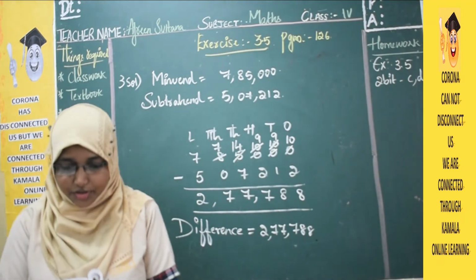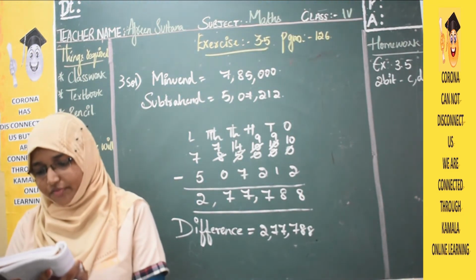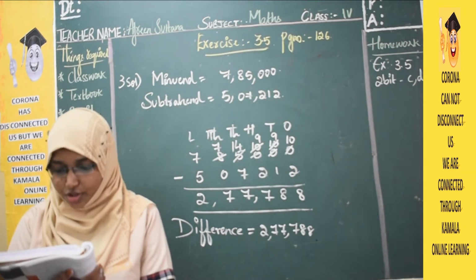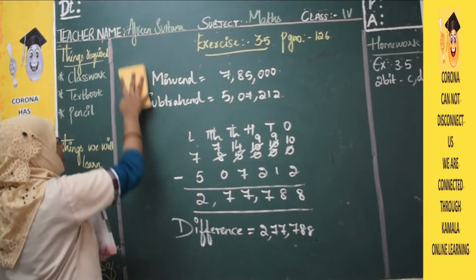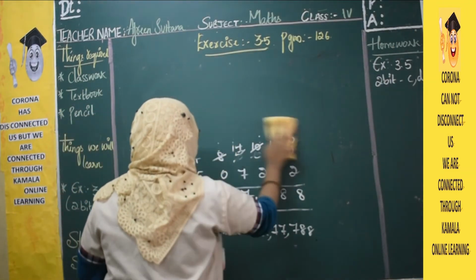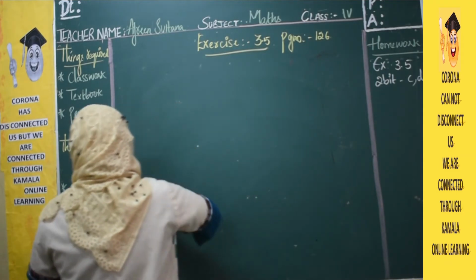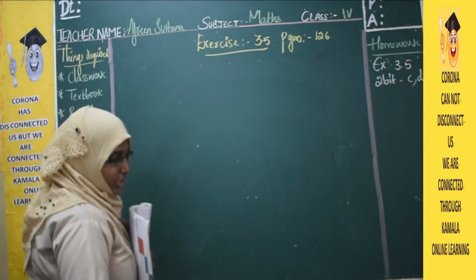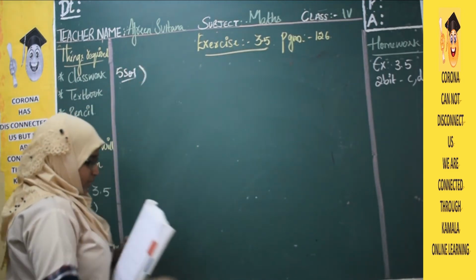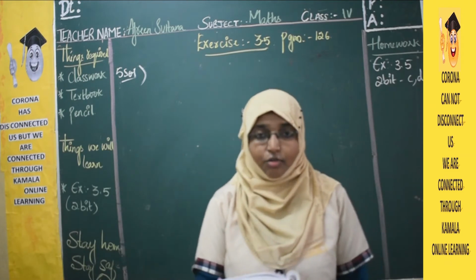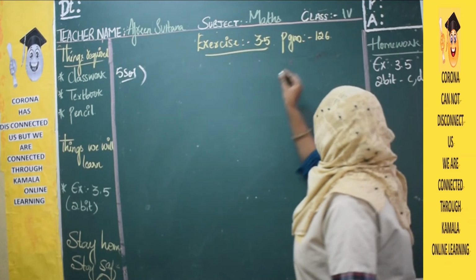I hope you will do that fourth one. Yes. Let us move with the next, the fifth one. By how much is 12,458 bigger than 10,245? I hope you have read it. Yes, I request you to please note down your question number 5 in your classwork. Question number 5, page number 127. Now they are asking, by how much is 12,000 bigger than 10,000? By how much?